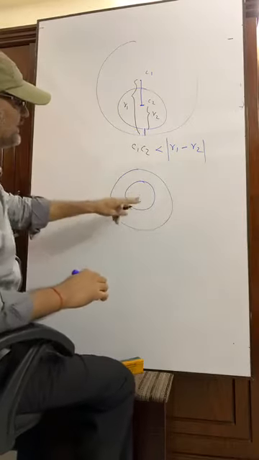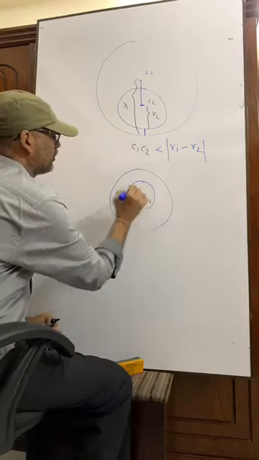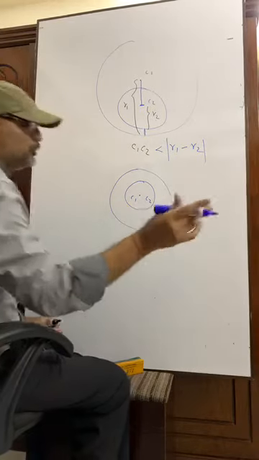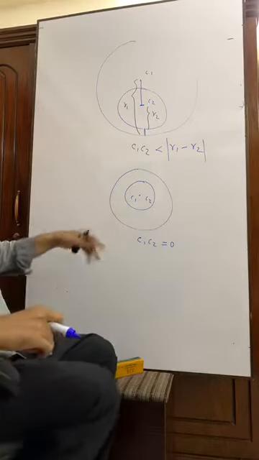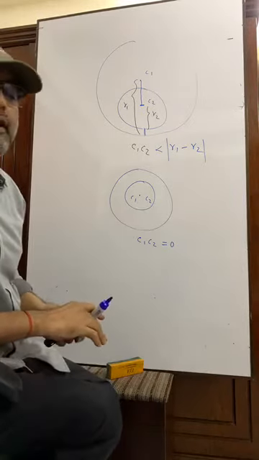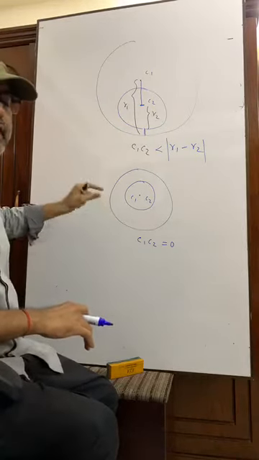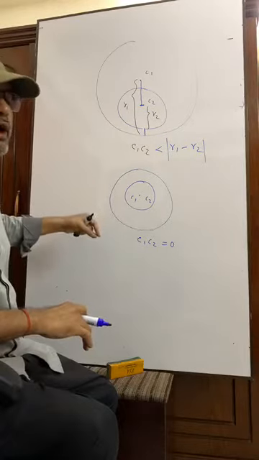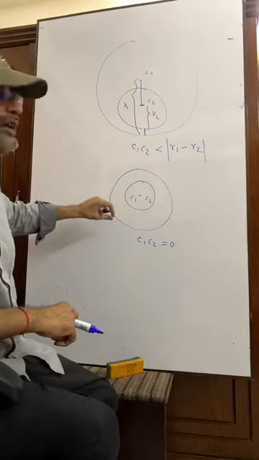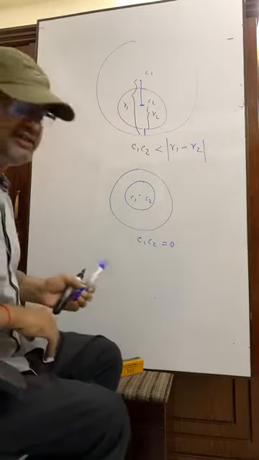But if two circles are concentric, these two circles have the same center. So one is C1 and the other is C2. So what is the condition for concentric? That C1, C2 equals 0. No distance, okay? So equations of two circles can be given and a question may be asked about their position: they touch externally or internally, or they don't touch, or they intersect, or one lies inside the other circle, or they have the same center. Okay, so I think you have got it. You have to revise it.